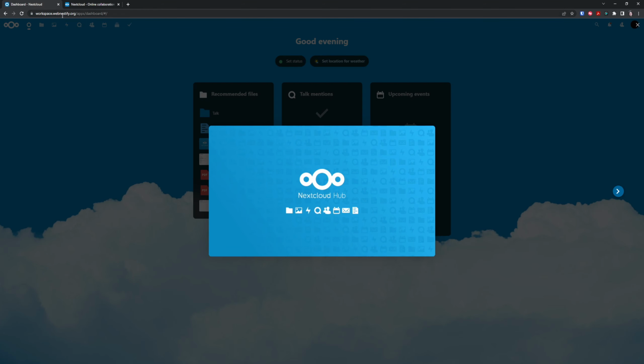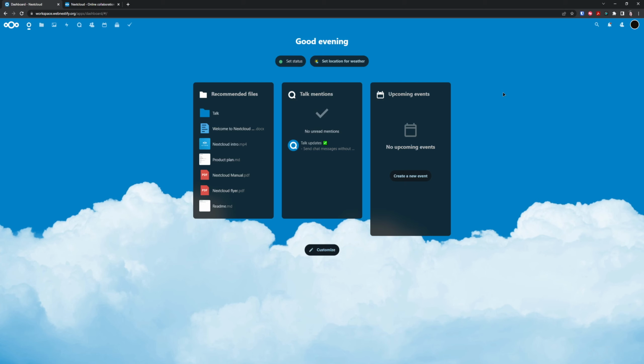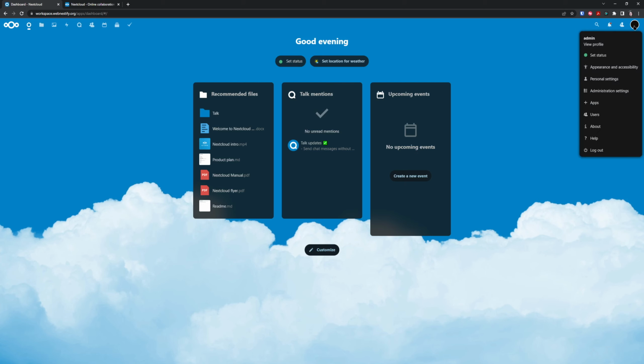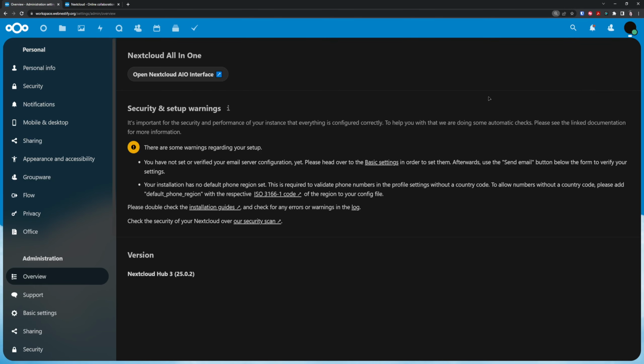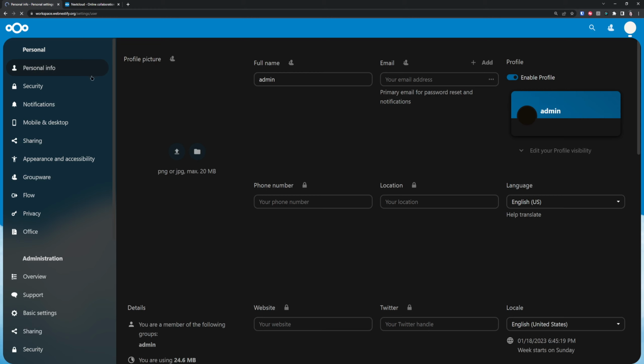So first, we're gonna log in to our Workspace dashboard. We can discontinue this. And first thing, what you want to do is you're gonna click this black profile picture for now. You go to administration settings. Let me zoom in a little bit. And first, you want to change your personal info. We want to change the full name from admin to your name. Also, you want to enter your email address, which was